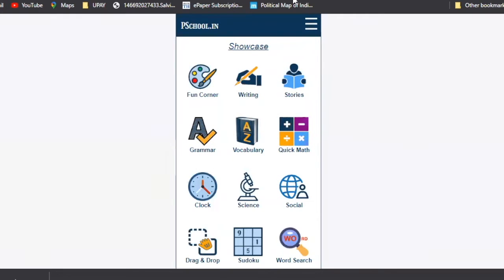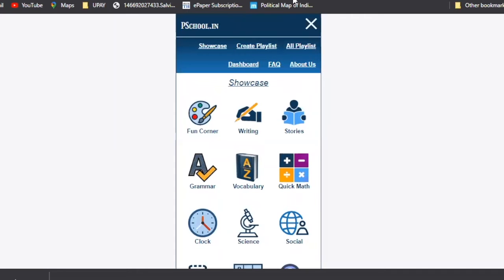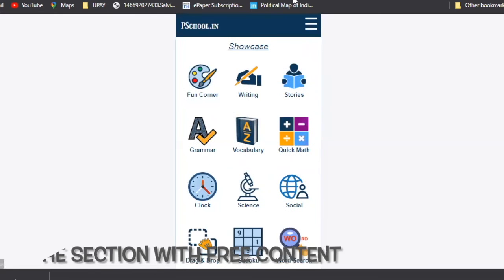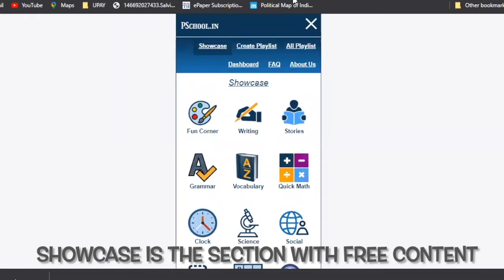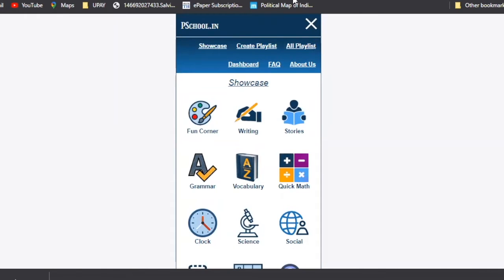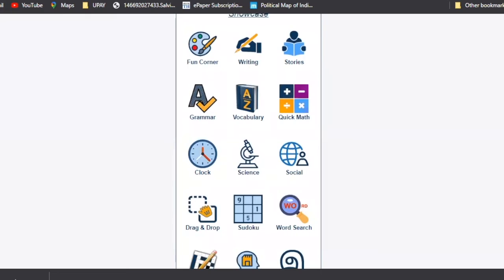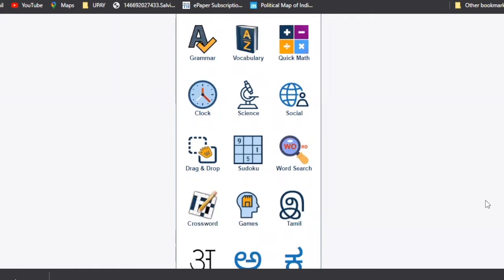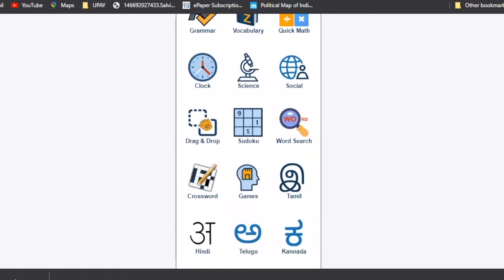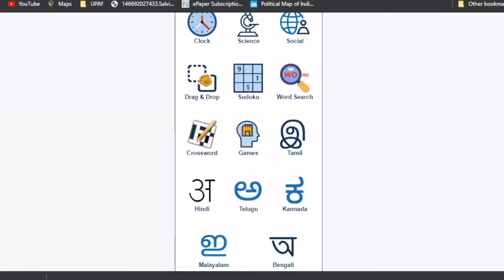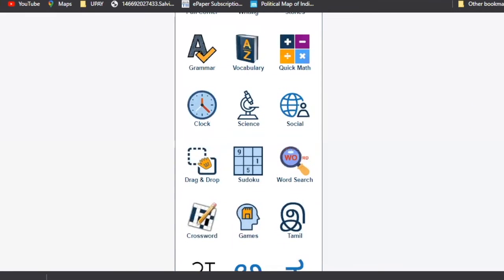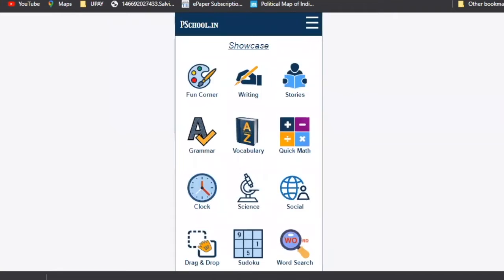Now, P-School has three portions primarily. One is the showcase. You can see this showcase, and you can access it from here also. The showcase is the main section where they are providing all the free content, and you can see it is broadly classified into different categories like grammar, vocabulary, or stories, or you can try Sudoku. There are a few games, so you can try whatever you like, and then some regional content. It has very minimal regional content. Now, the other two sections are